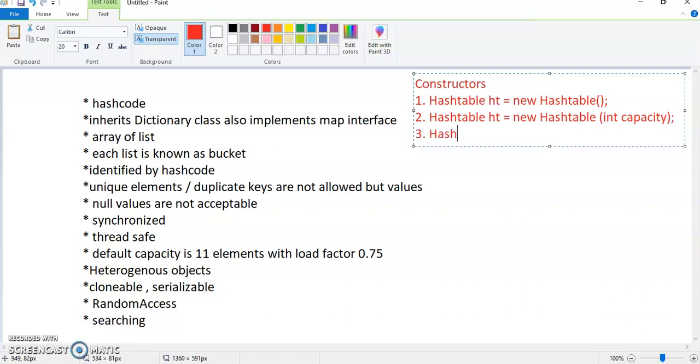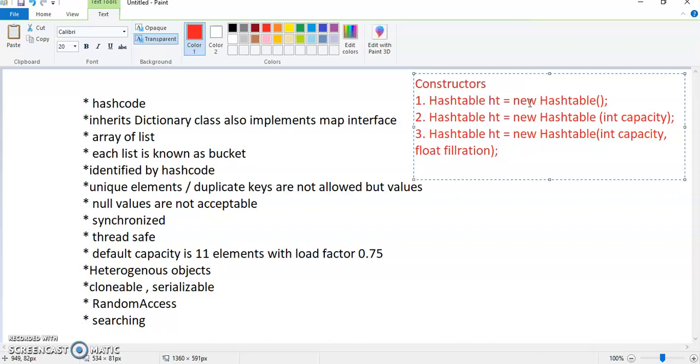The third one is, ht is an object, you can take any name, new Hashtable, and in the brackets you can pass 2 parameters, one is int capacity and another is float fill ratio, or you can say load factor.